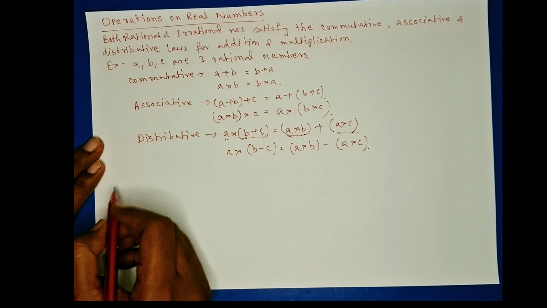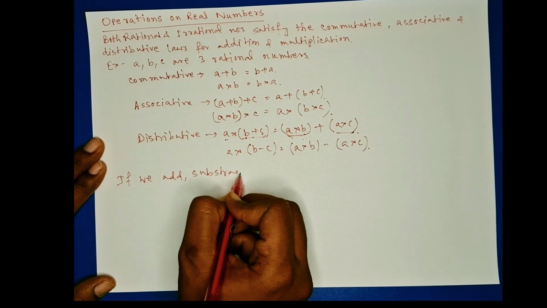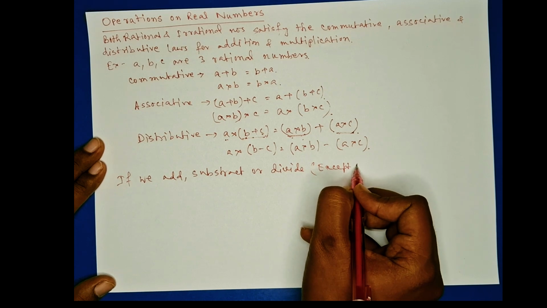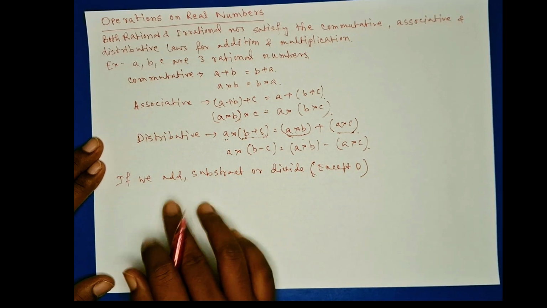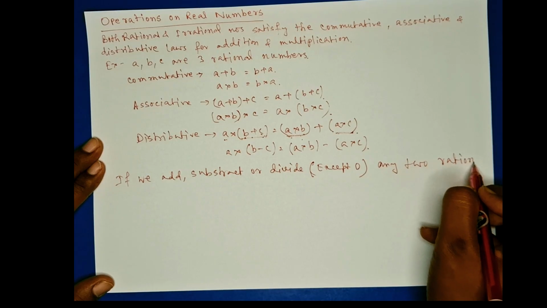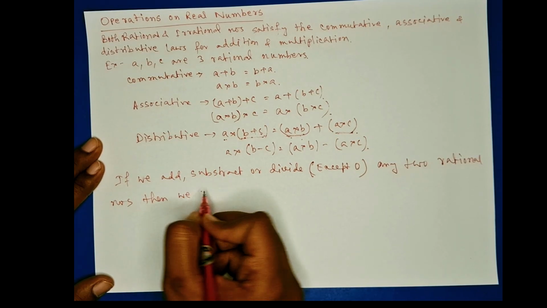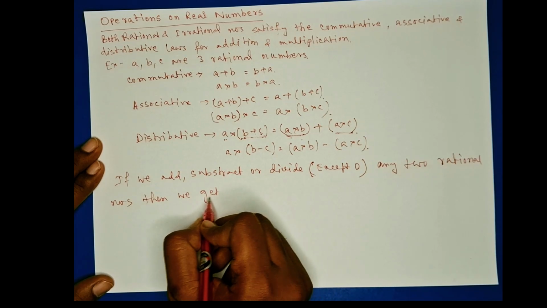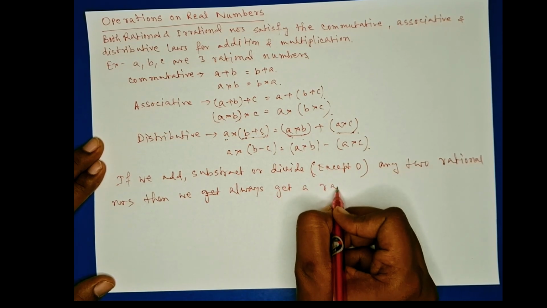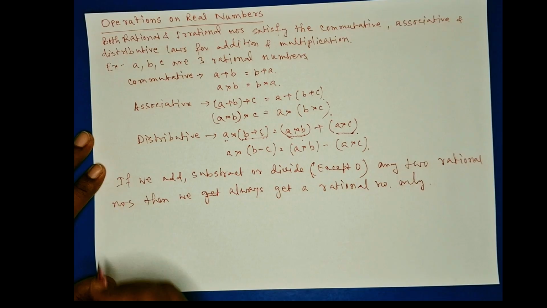Now, one thing: if we add, subtract, or divide, except 0, any two rational numbers, then we always get a rational number only. Okay, see, for example,